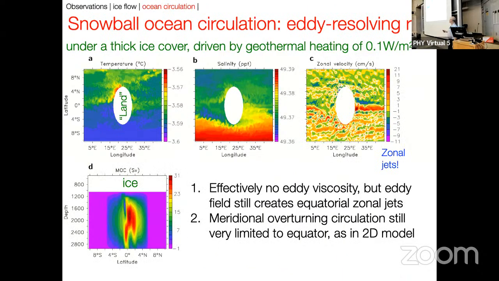And the zonal velocity shows these interesting zonal jets. And the overturning in this three-dimensional model looks exactly as it did in the two-dimensional model that we looked at before. So this is reassuring: even when you have eddies and waves and so on, which we didn't have in the two-dimensional model, you still get the same overturning at the equator. So that's, again, reassuring that maybe it wasn't just a bug. But the jets here are interesting, and they will also be important when we get to the Europa story.